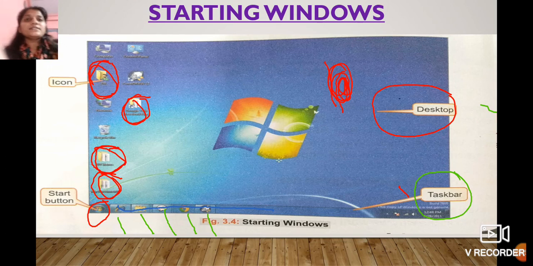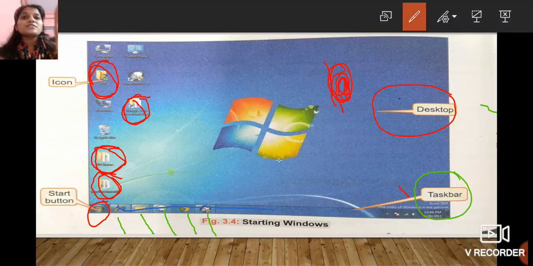Yes, this is the important image which we have seen from the third lesson, that is starting Windows. Okay, when we switch on our PC, we can see this type of image on the screen, that is starting Windows, and in that we can see various options like icons, then start button, desktop, and taskbar.